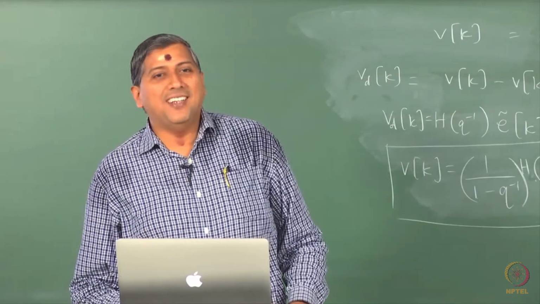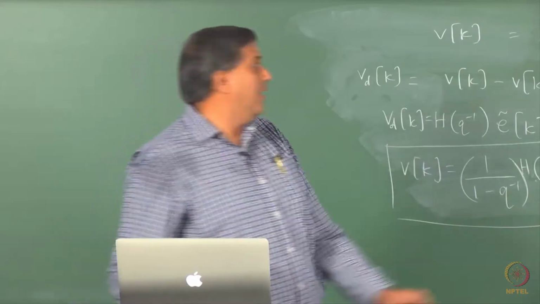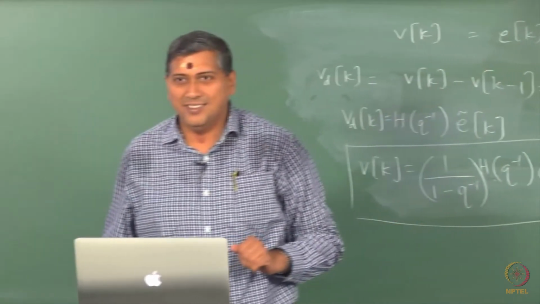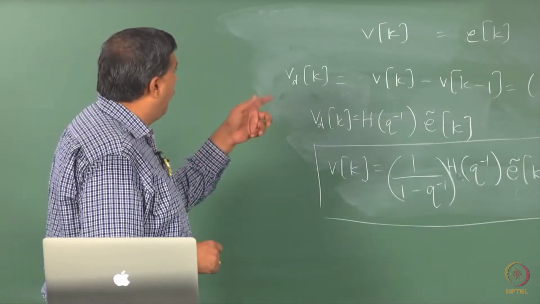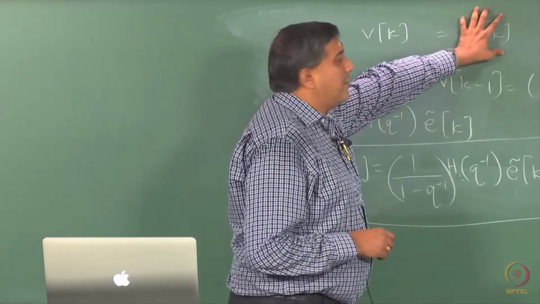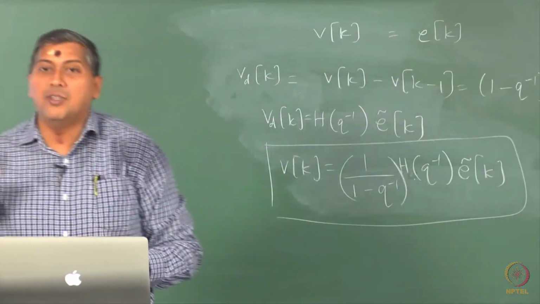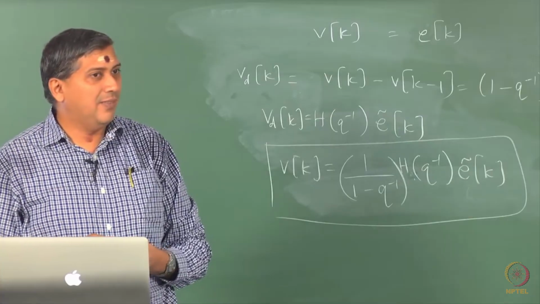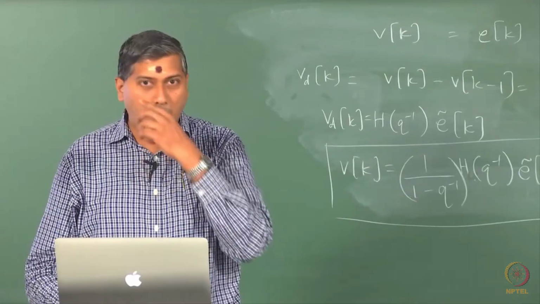So, the variance of Vd is 2 sigma square E, whereas the variance of the original series is sigma square E, right. On the other hand, if truly in place of Vk you had an integrating process, then differencing will reduce the variance of the series. At least you can look at it from a sample variance viewpoint, right.